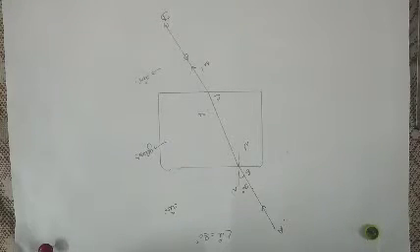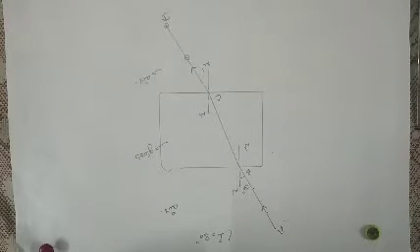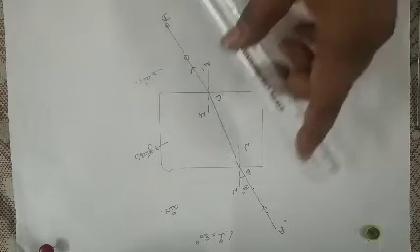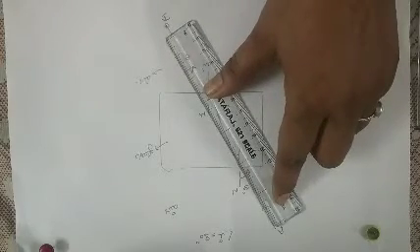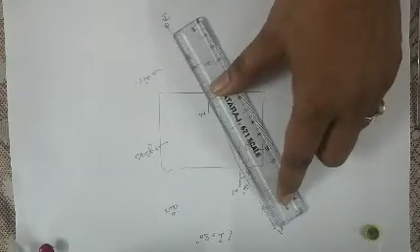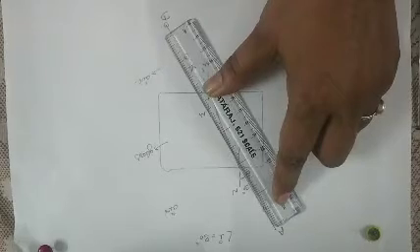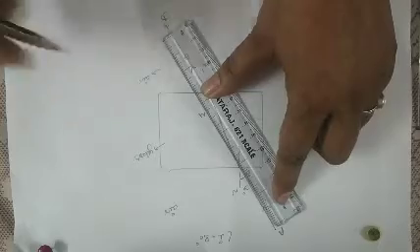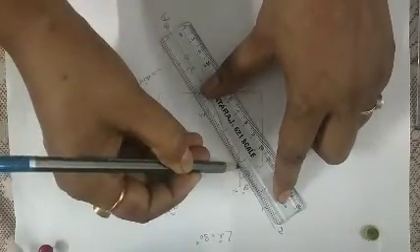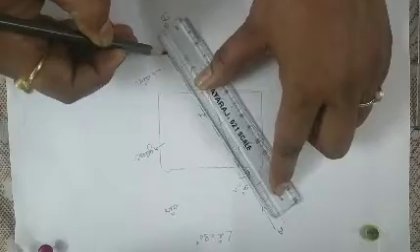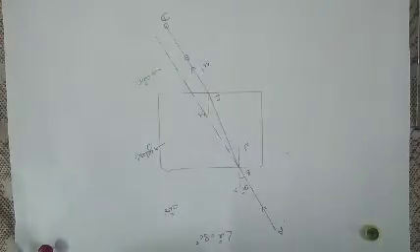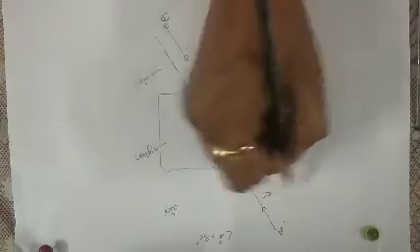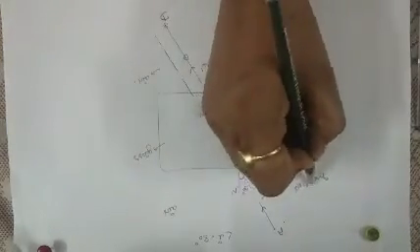Now what you have to do is, now glass slab is not there, denser medium is not there. What all you have to do is just extend this incident ray. Here you can see. Now just extend this particular ray. Here the ray goes undeviated because there is no glass slab over there. This is incident ray.